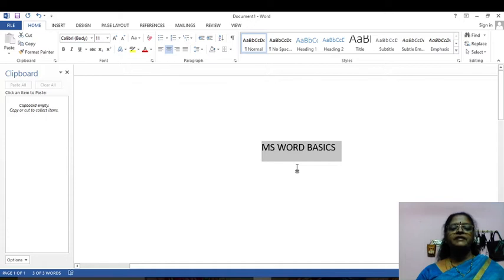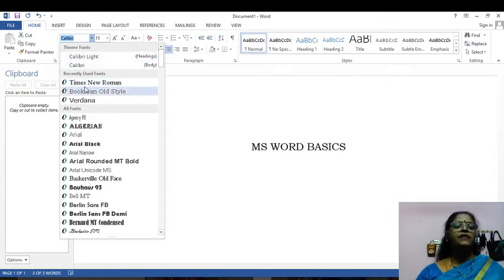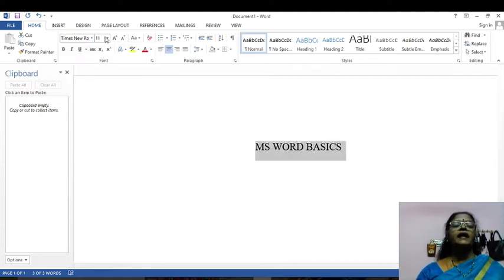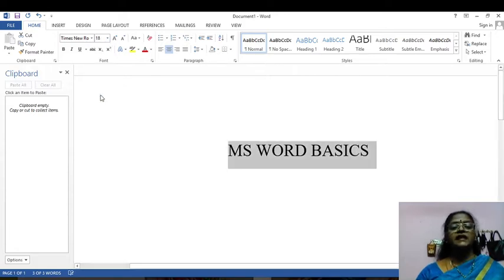First I select this title, and here there are a lot of different types of fonts available. Whatever you like, you can choose. For a formal letter, you can type formally. I choose Times New Roman, and I want to increase the size because it is a topic. So I increase the size of MS Word Basics to 18.